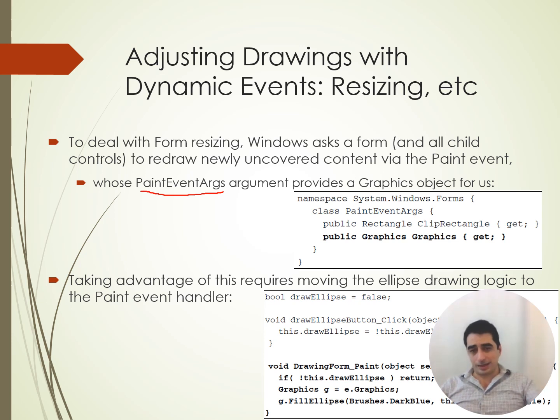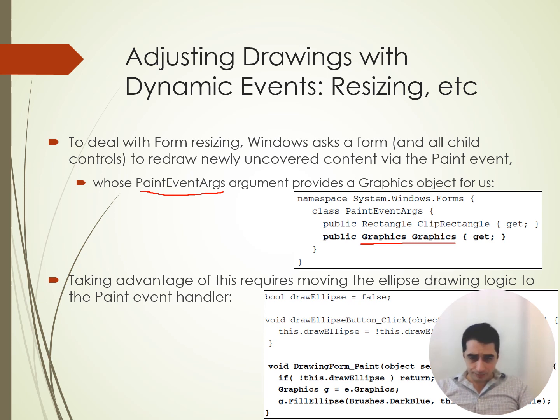That's basically a subclass, or a subtype, of EventArgs. What does a PaintEventArgs contain? It contains the graphics object, so you don't need to create your own graphics object. It currently has one. So all you need to do is to handle the Paint event of a form, and